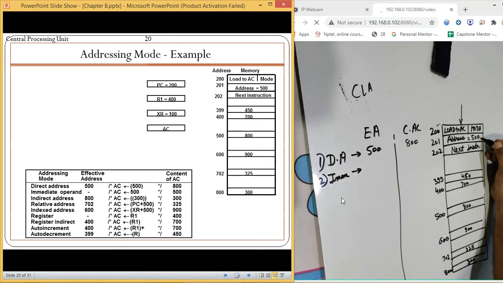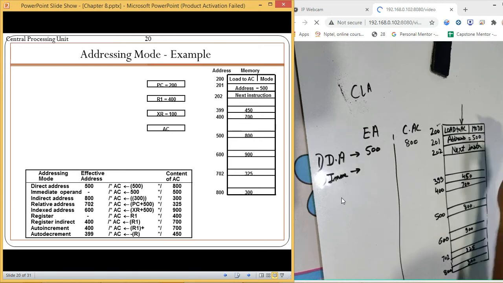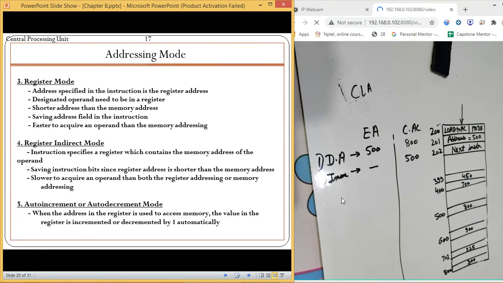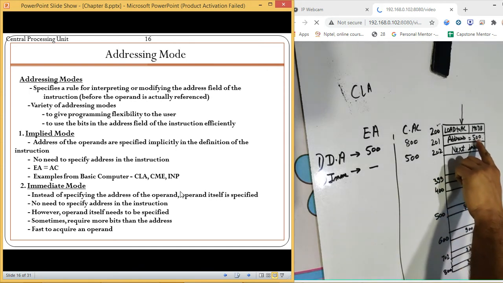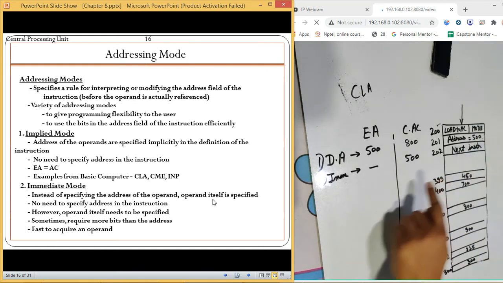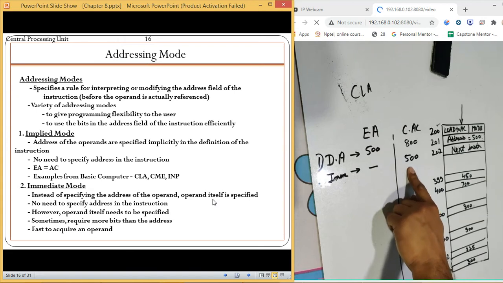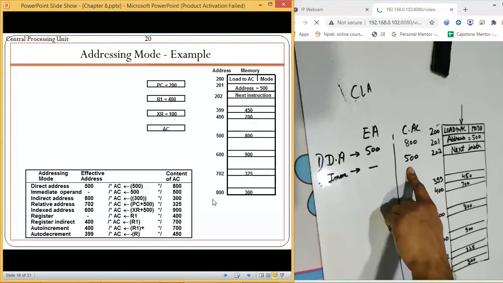This will be the actual operand on which we are going to perform the task. So there is no effective address in it, and the content which is going to get loaded will be 500. Instead of specifying the address of the operand, this is not our address, it is the operand itself. So 500 is the operand, and it is directly written at this place.